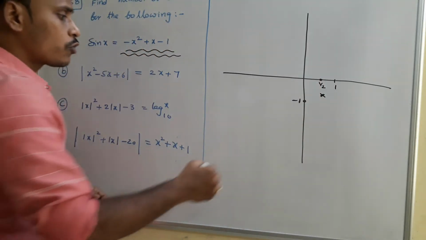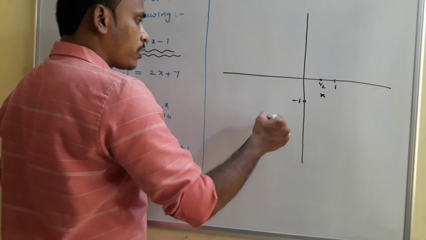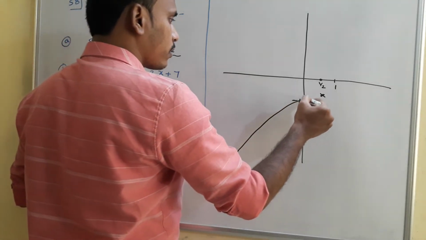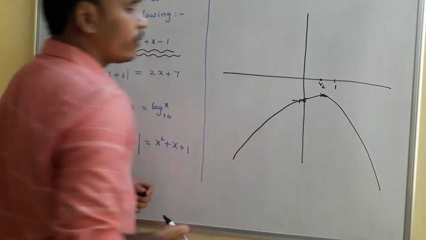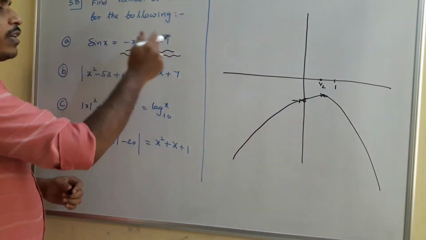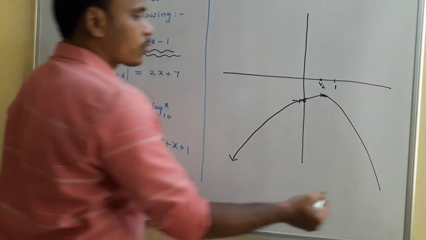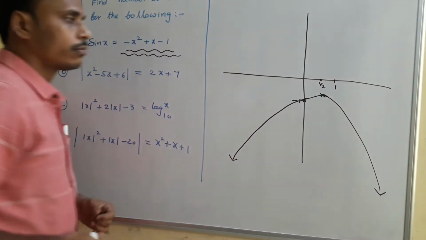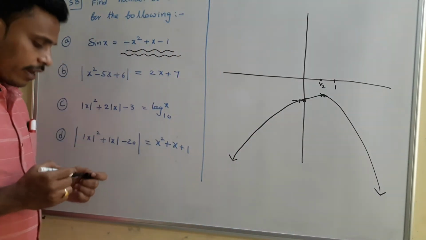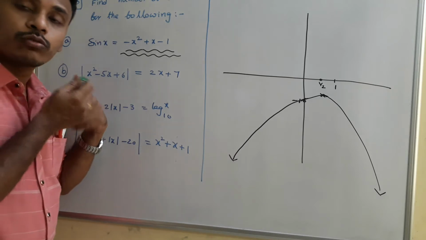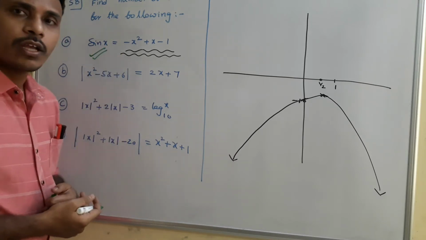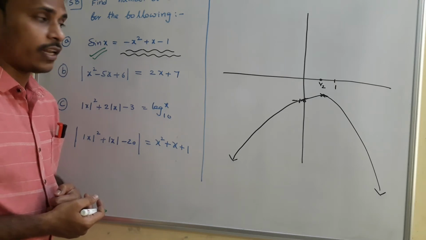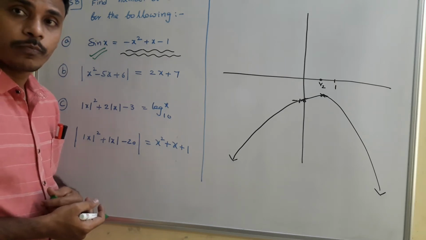So at the end, when you sketch the graph, the graph will pass through like this. This will be the rough sketch of the graph y equals minus x square plus x minus 1. That's it, that is the right side. And now we need to sketch the graph of the left side one, which is sin x. I think you know the graph of sin x. Do you know it?